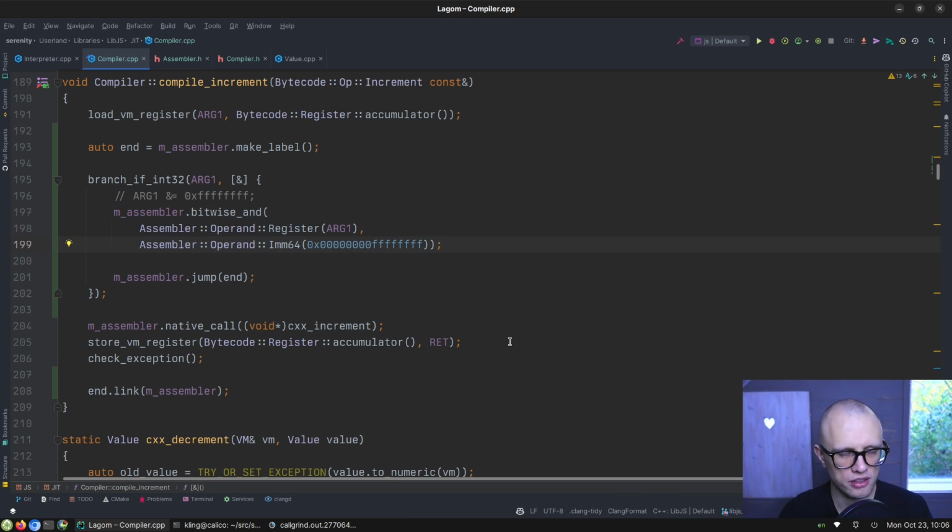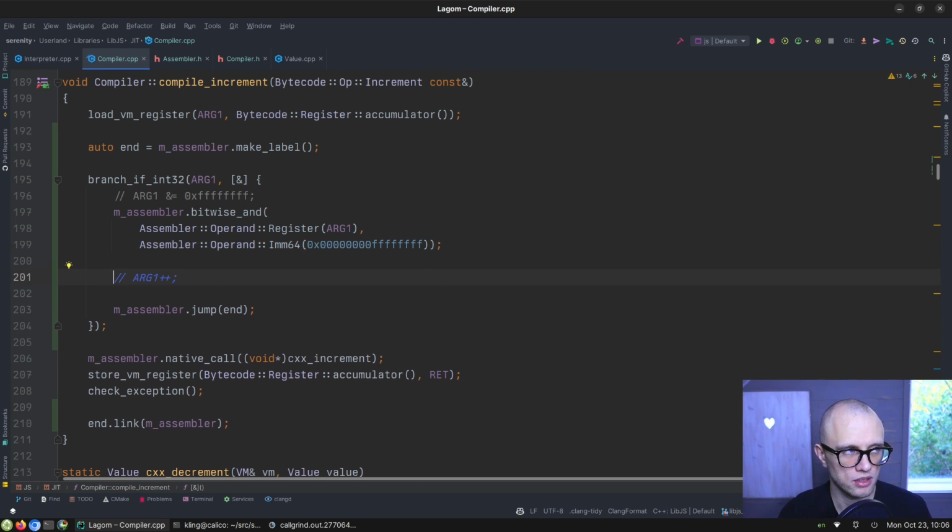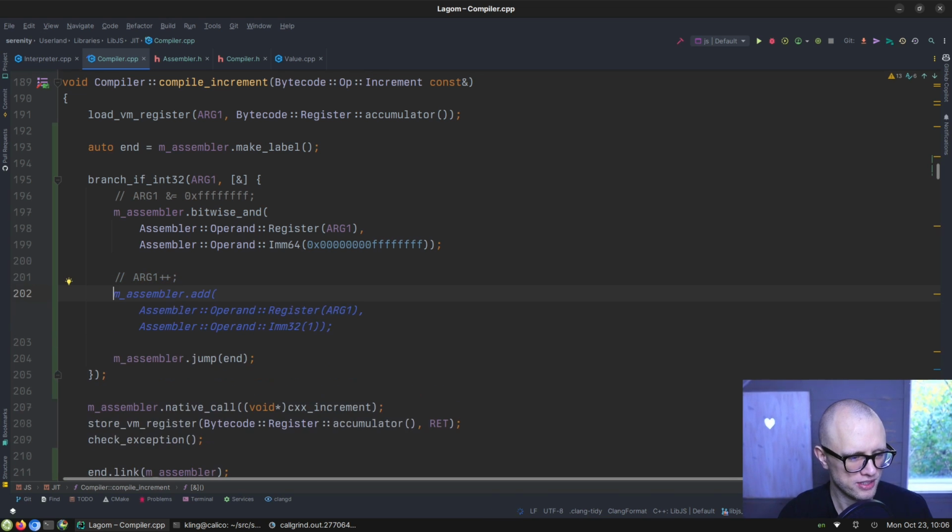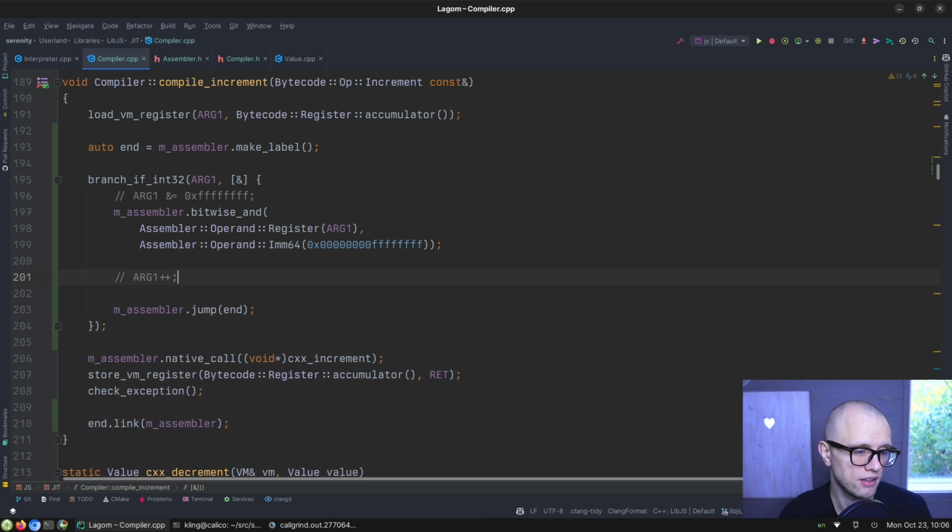I'm sure there are smaller ways to do that. You can do other kinds of tricks, but we're not going to do tricks. In the future, we'll do more tricks. And then we want to add one to it, I guess. Or actually, we can just check if it is 7FFFFFFF, that means it would overflow if you add one to it. So if arg1 is this, then we want to go to the slow case,